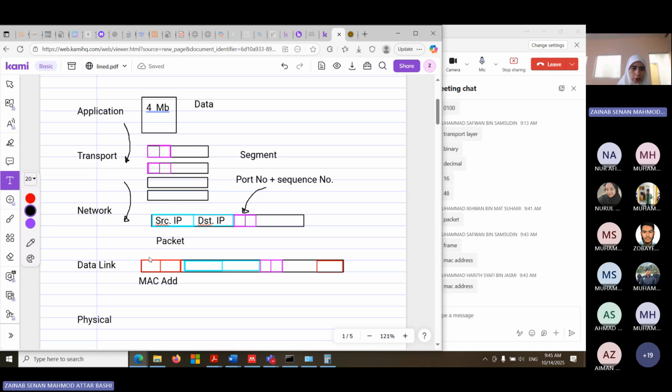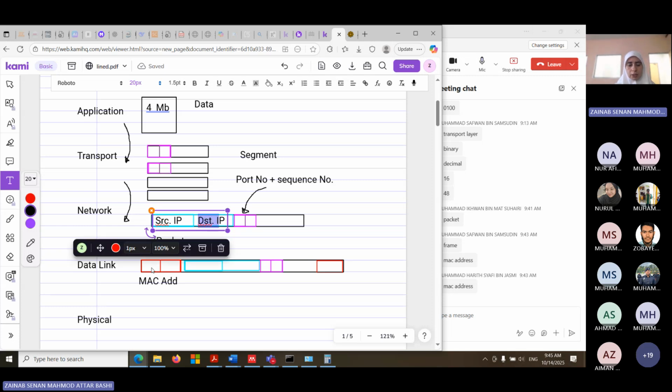If you want a better example, from Gombak station you want to go to KLCC. So the IP address will be source Gombak station, destination KLCC station. But if we talk about the MAC address, Gombak station cannot jump directly to KLCC. From Gombak, you go to Taman Melati. From Taman Melati, you go to Wangsa Maju. From Wangsa Maju, you go to Sri Rampai, and then I don't know the rest.